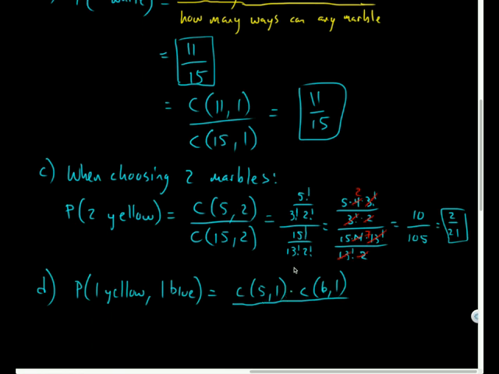And that will give me the total number of ways I could pick 1 yellow, 1 blue, which in my world of probability, that's the number of successes, right? That's exactly what I wanted to find. And now my denominator, I'm still picking from 15 marbles, and how many am I picking? I'm picking 2. So this is a little bit more of a complicated question, and the better we are at combinatorics, the better we'll be at probability, because I'm just calculating the number of ways this event can occur over the total number of ways that this could occur, right? So that's what I'm doing. And then we could go from there to figure out what that answer would be.